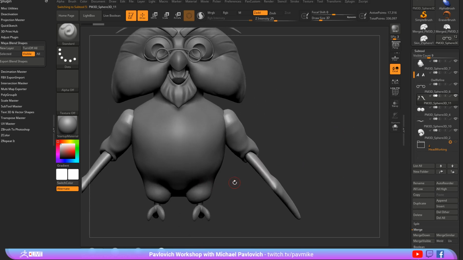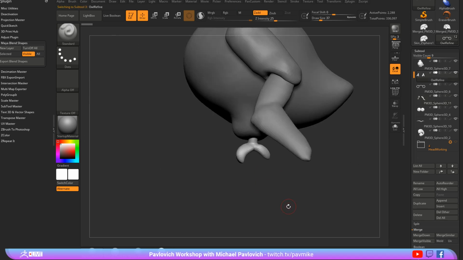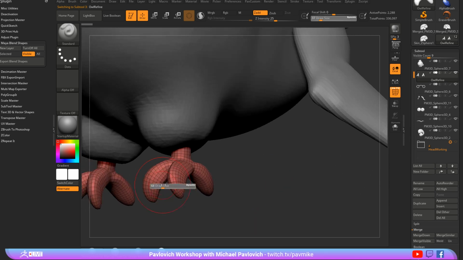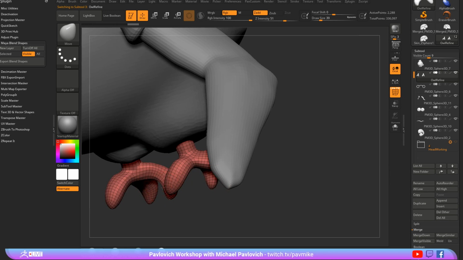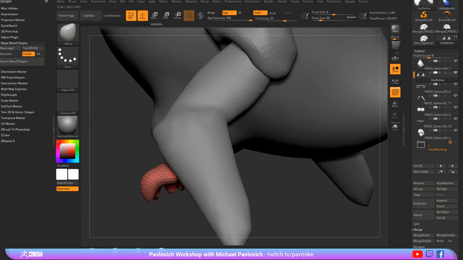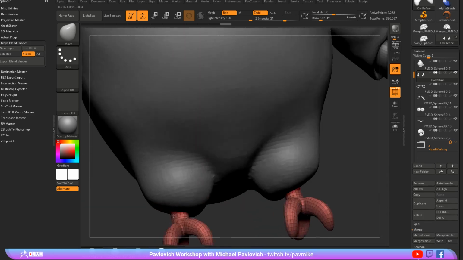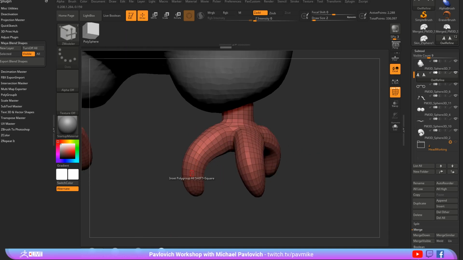separately, but also when it comes to feet. Another thing we can do is we kind of just blocked out these feet. I think we could just ZRemesh these things. This might be okay if you're looking for just kind of lo-fi feet, you can do that. If you want to make sure these edge rings don't have any spirals, the new ZRemesher, and actually the older ZRemesher wasn't bad either, usually did a pretty good job, but you can go through here